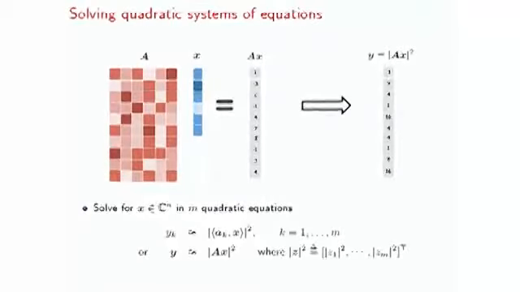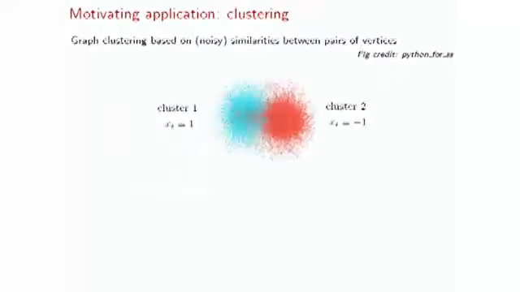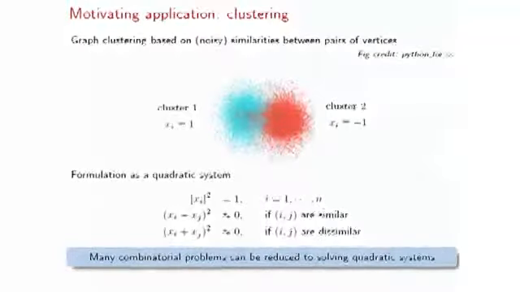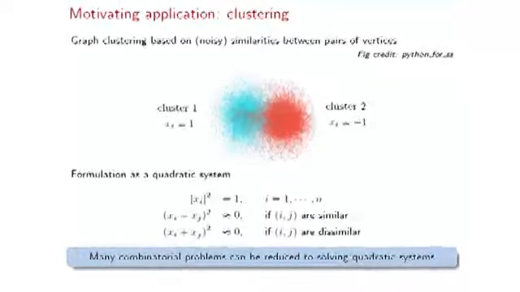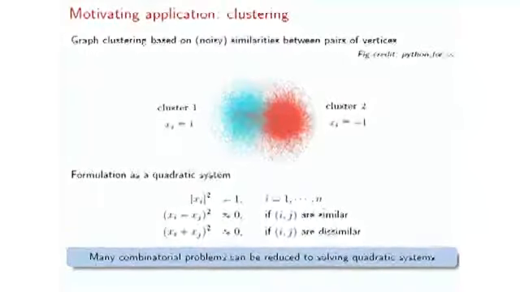So this problem has found a lot of applications across different domains. So let me give you two examples. So the first example is about clustering. So consider a collection of nodes, and we are trying to partition them into two clusters based on some similarity information between some pairs of nodes. So if we use a variable either 1 or -1 to encode the cluster membership information, then this problem many times can actually be reduced to finding a solution of the following quadratic systems.